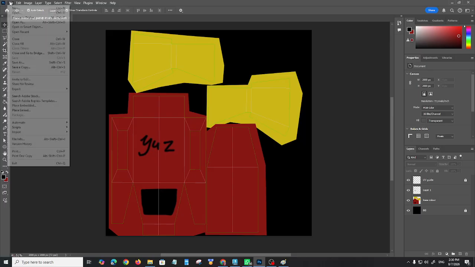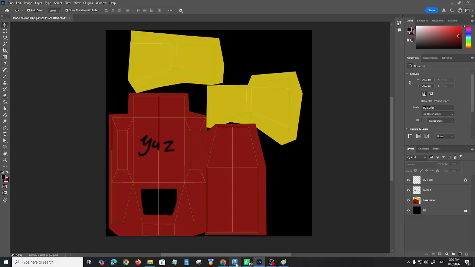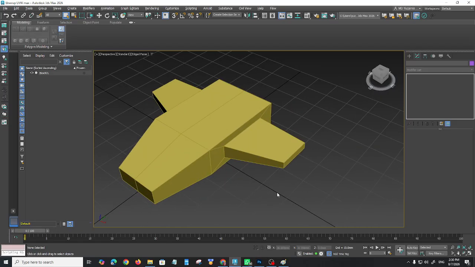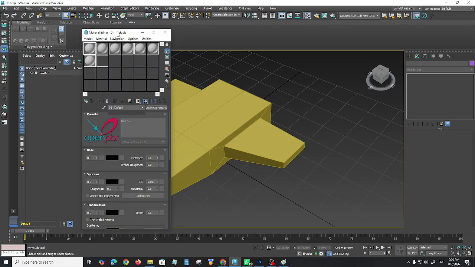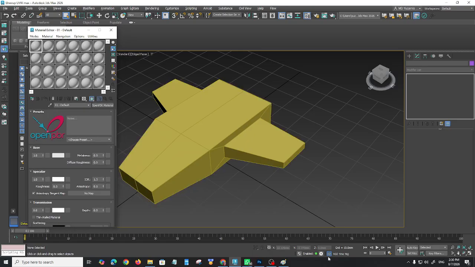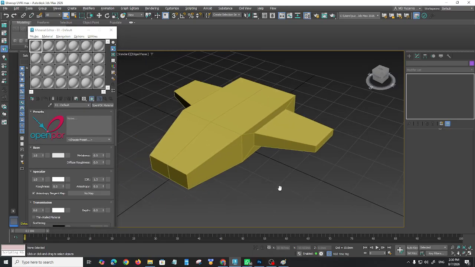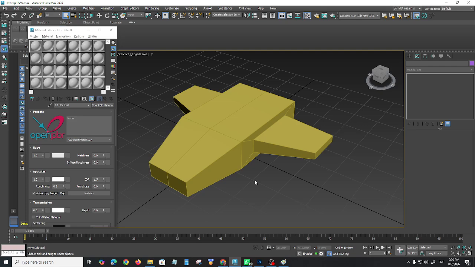The PSD, I already saved it. Now let's go back to 3D Max. Let's press M for material and let's plug in that PSD. The PSD is just the master file when you're still working your texture, but once you finalize your texture,